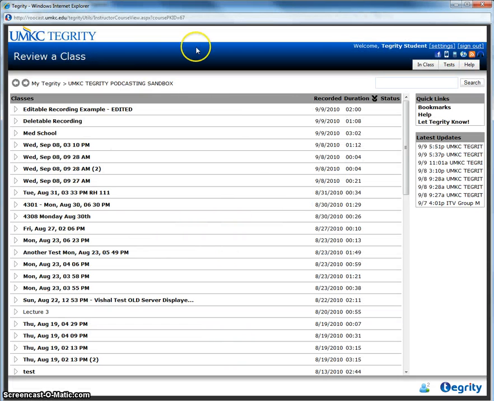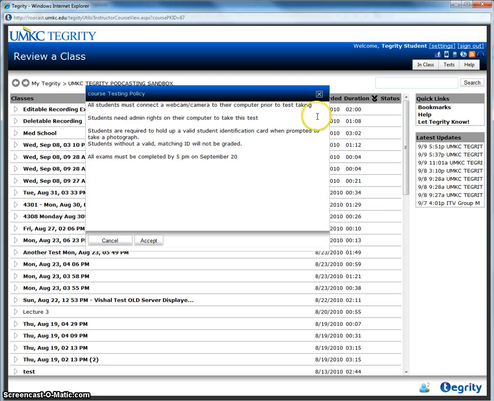Because we have now enabled remote proctoring, they get a little tab called Tests up in the upper right-hand corner of their screen. When they roll over this tab, they see a Start New Test option. They'll click on it and are shown the course testing policy that we put in just a few minutes ago. So now that the students have their instructions, they can click Accept,